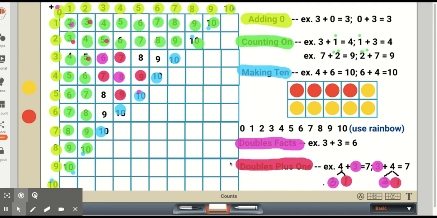And if the students need a visual of this, for instance, 4 plus 3, well, 4 is the same as 3 plus 1. So now they're adding 3 plus 3 to get 6, plus 1 more is 7. In the same way, if these add-ins are reversed, 3 plus 4, the 4 breaks down to 3 plus 1. So the students are once again adding 3 plus 3, plus 1 more, and getting the sum or the total of 7.